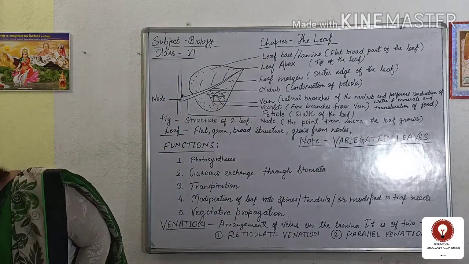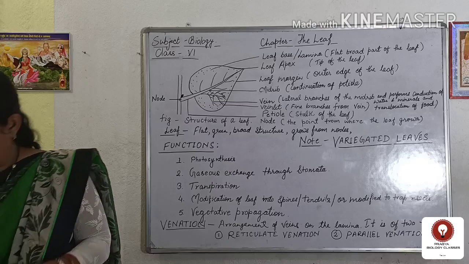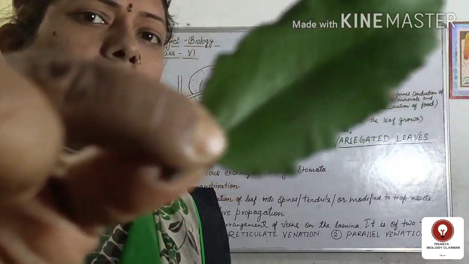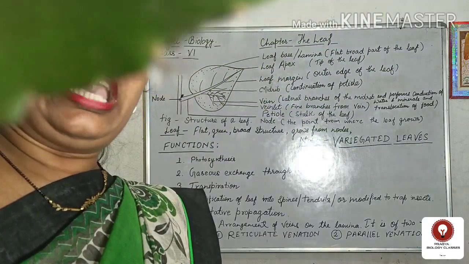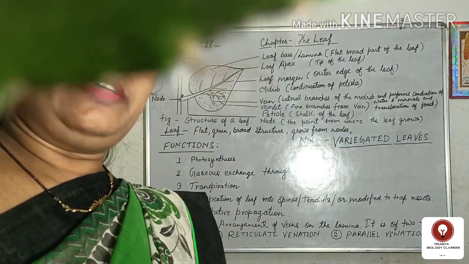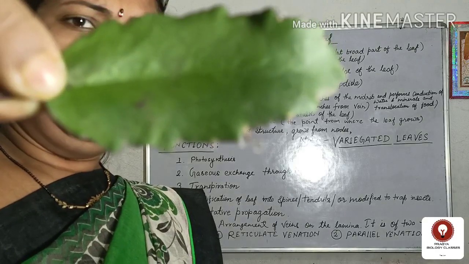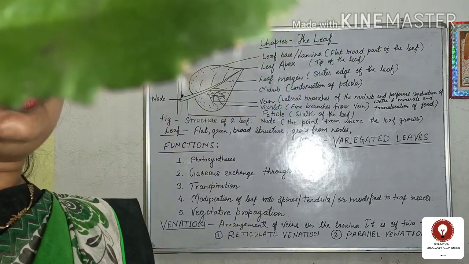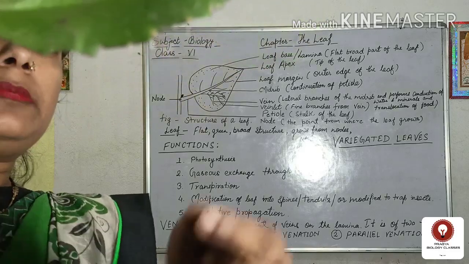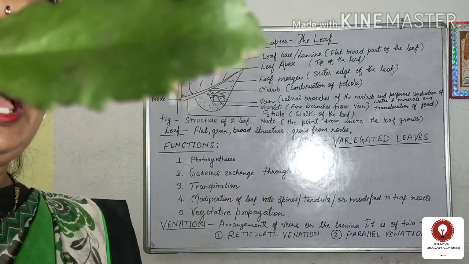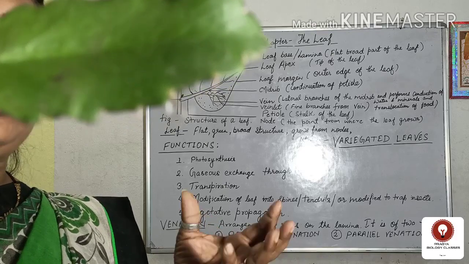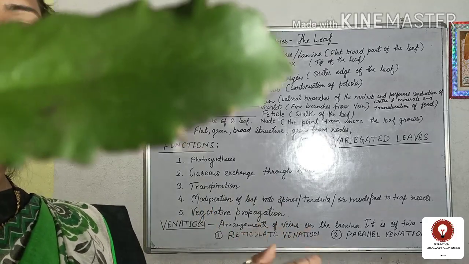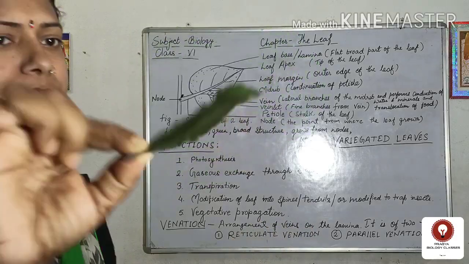So what I have shown here was the leaf of bryophyllum, and in this leaf you are able to see the root-like structure that is arising from the notch of the leaf. This root-like structure gives rise to small plantlets, and when this plantlet falls on the soil, it just converts or appears into a new independent plant-like structure.